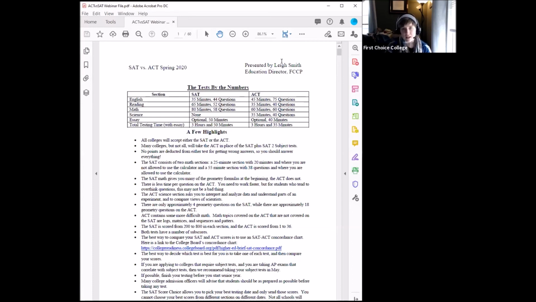On the SAT, the reading section is the first section they get. It's 65 minutes, 52 questions. That means students have obviously more than a minute per question, but that also includes reading the passages, right? They're expected to read a passage and answer 10 to 11 questions on each passage. So you don't actually have a minute per question, but you don't really need a full minute per question.